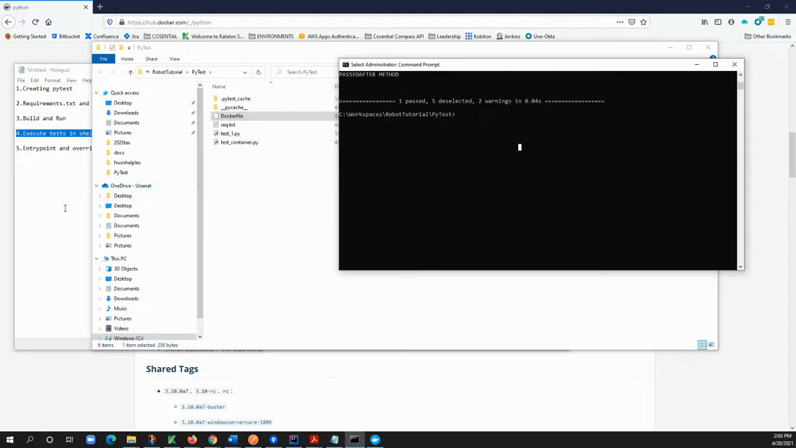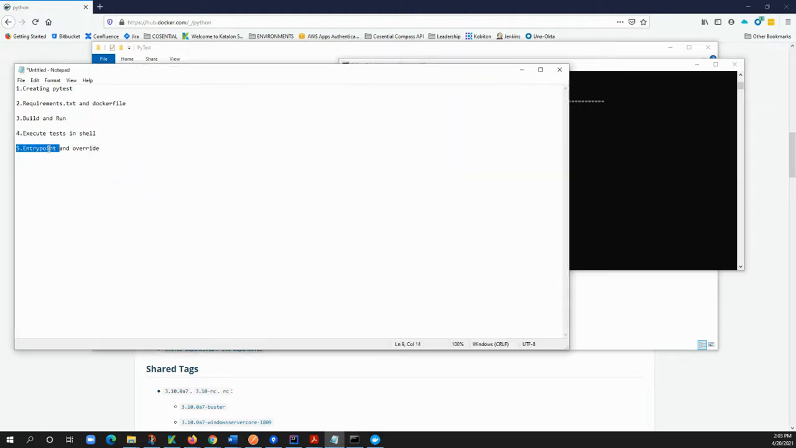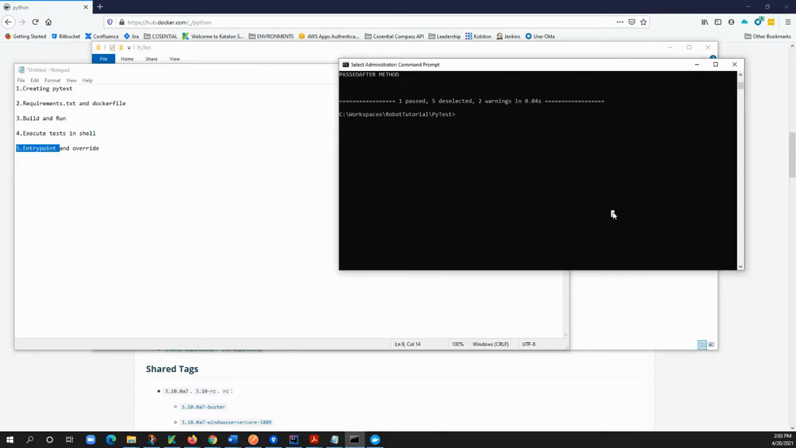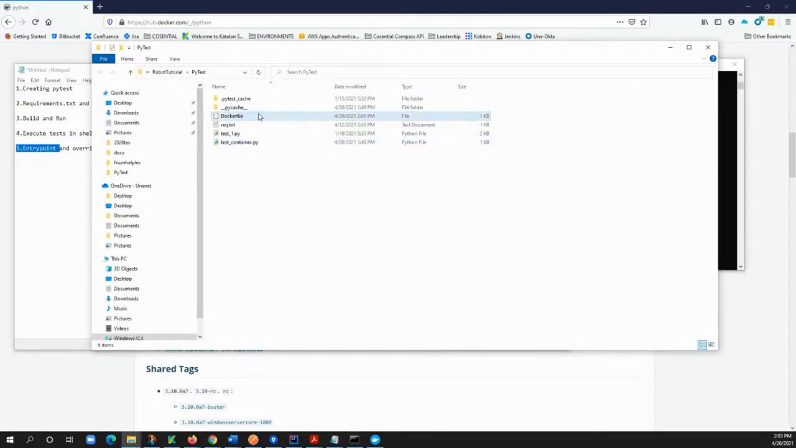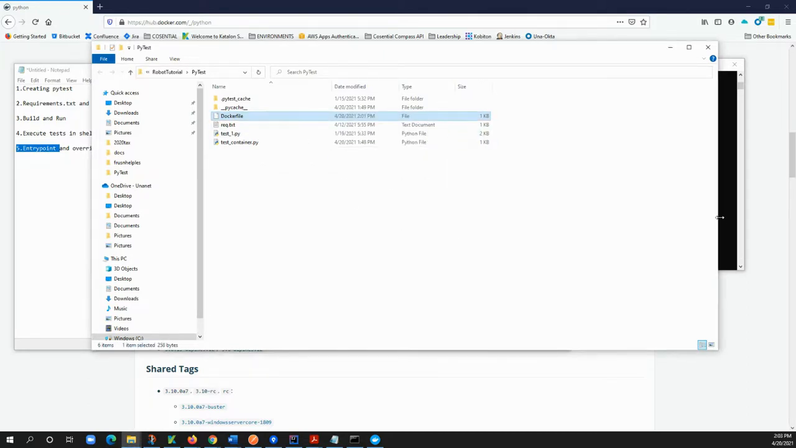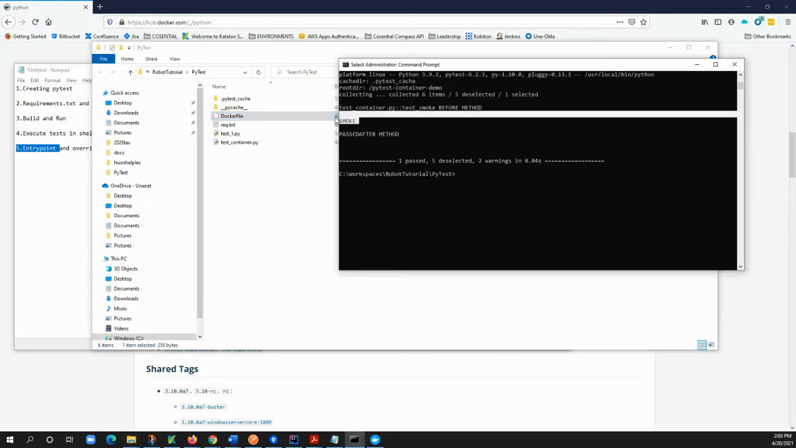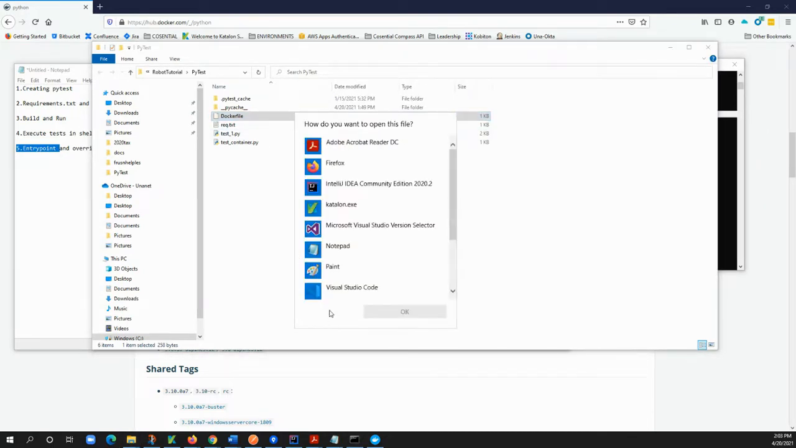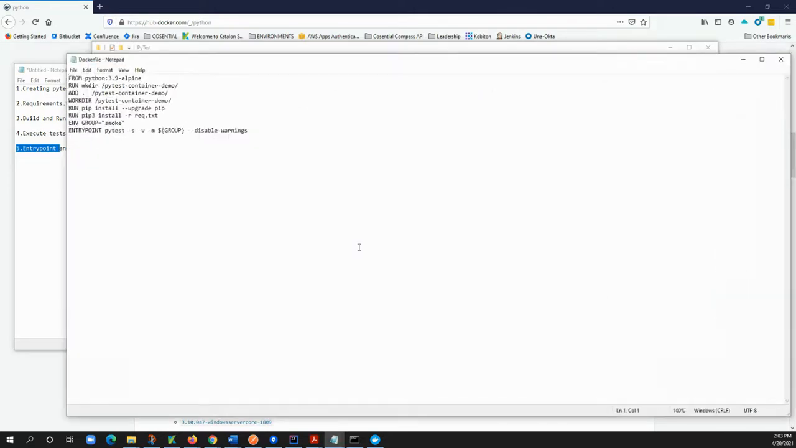So this is the entry point, and now the override. If you remember, in the Dockerfile we have initialized the variable group as smoke, and that's the reason why smoke is running here. Now, what if you want to set this variable at runtime? Let's say at runtime you want the regression tests to be run instead of smoke. So the way to do that is,